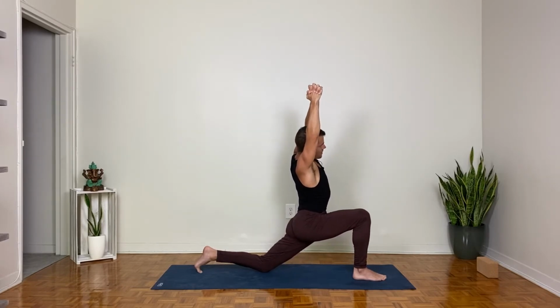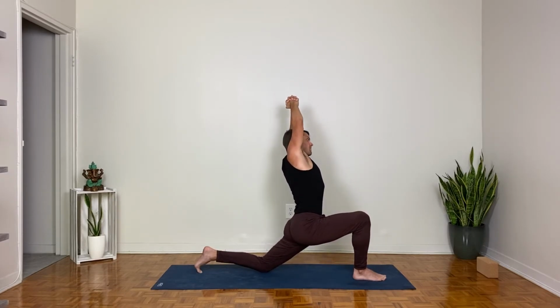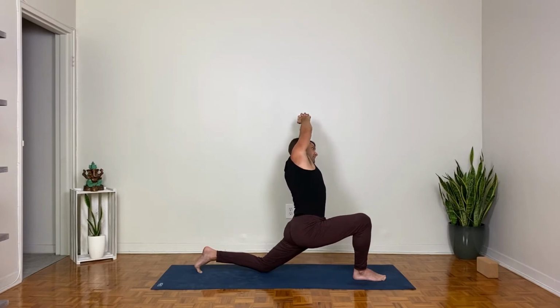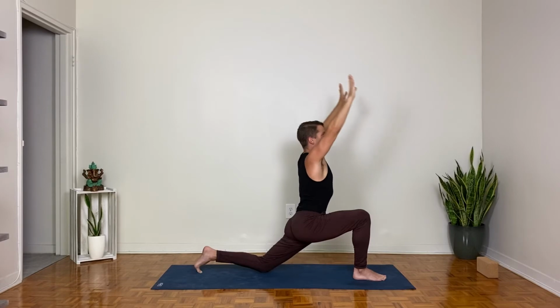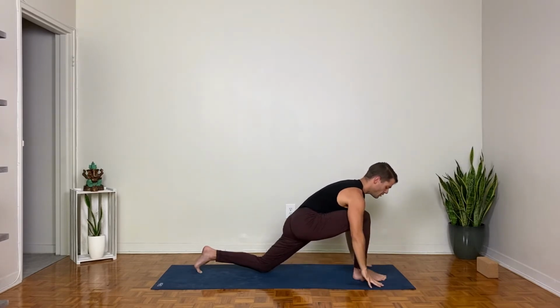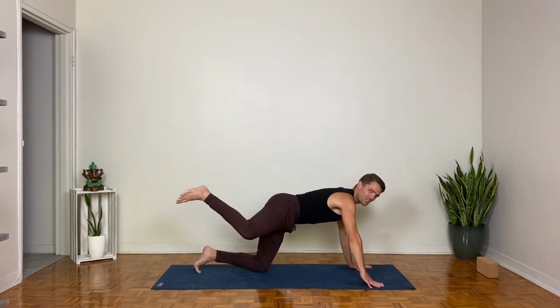Inhale, center. Side bend a little to the left. Inhale, back to center. Exhale, bring your hands forward and down. Now lean your weight to the left a little bit so you can swing the right leg behind you, lift